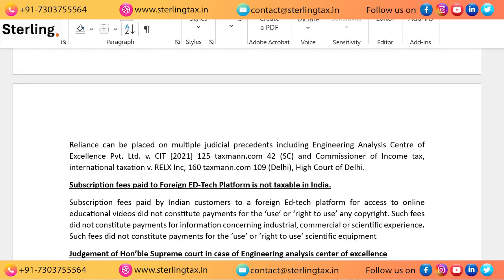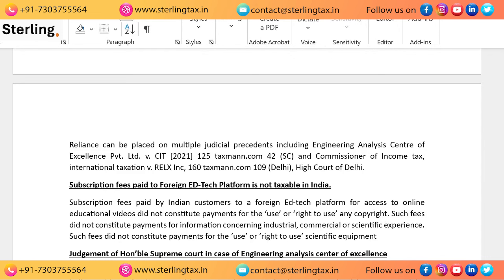Another case is engineering services. Suppose I have procured some software from a vendor outside India. I'm not paying for any technical services or anything of a technical nature; I just procured the software. As highlighted by the Supreme Court in one of the cases, TDS is not required to be deducted. Hence, it is very important to analyze the tax treaty as well as the income tax provisions, to see whether the payment falls under fees for technical services.